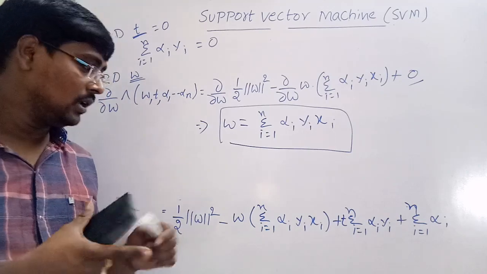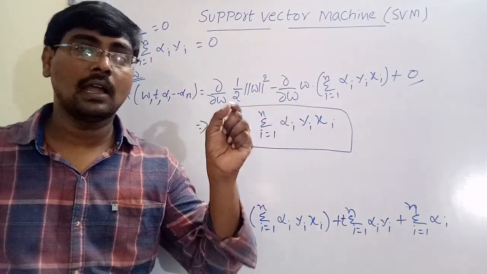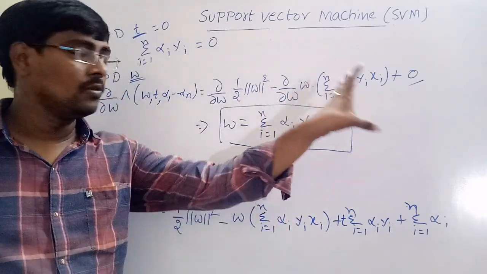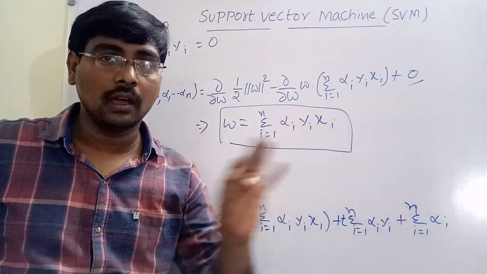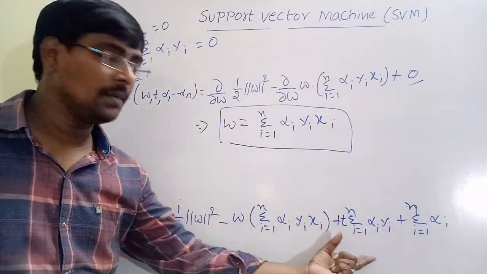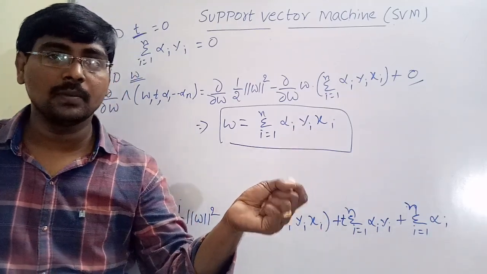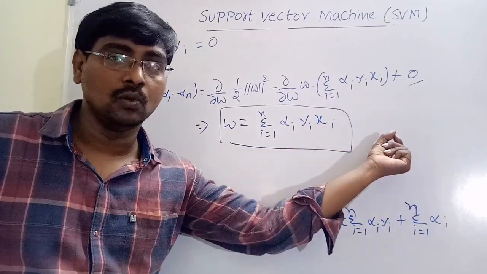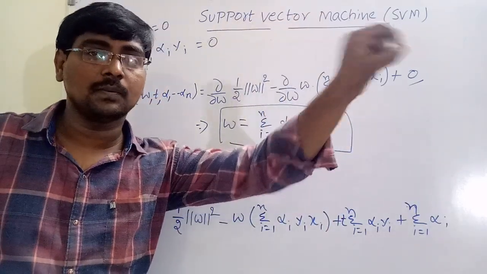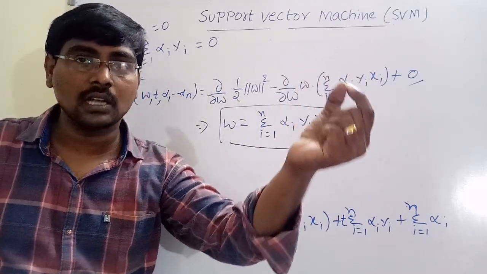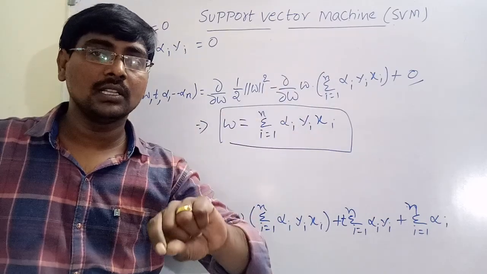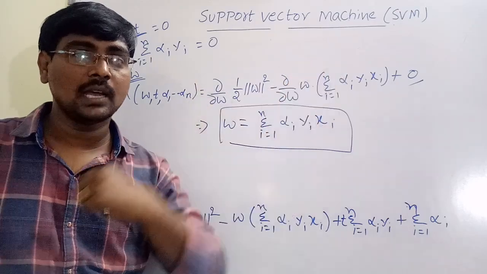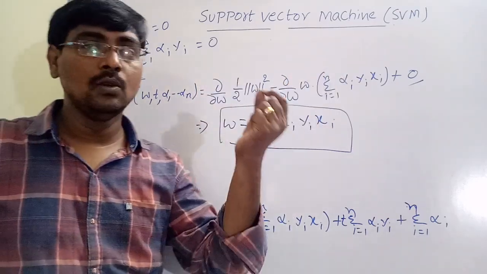Up to now what we are doing? I am simply writing the score, Lagrange multiplier and constraint optimization. If you know the formula of constraint optimization and Lagrange multipliers, I have already written it step by step, so apply the formula. In this f of a comma b is equal to 1 by 2 mod w square. G of a comma b is yi into, we already derived the formula, w into x minus t. So c of x into s of x. C of x is the score. What is the score? Plus 1 or minus 1. Suppose I am representing that one as yi. S cap of x, I am assuming s cap of x is equal to w into x minus t.